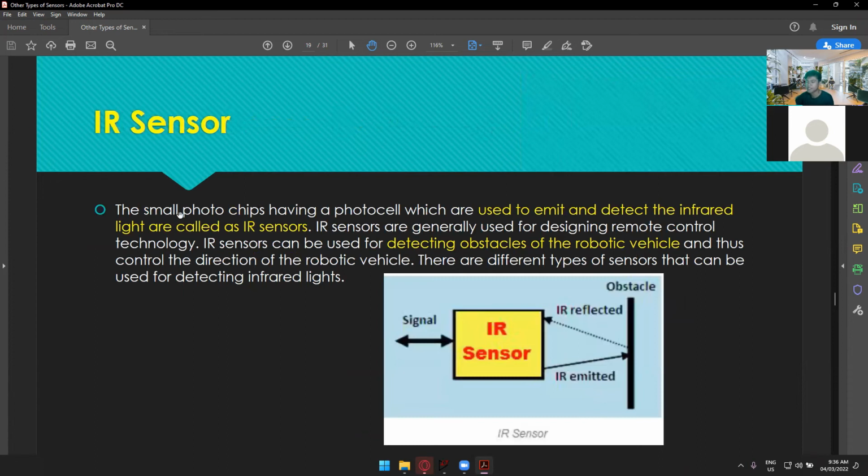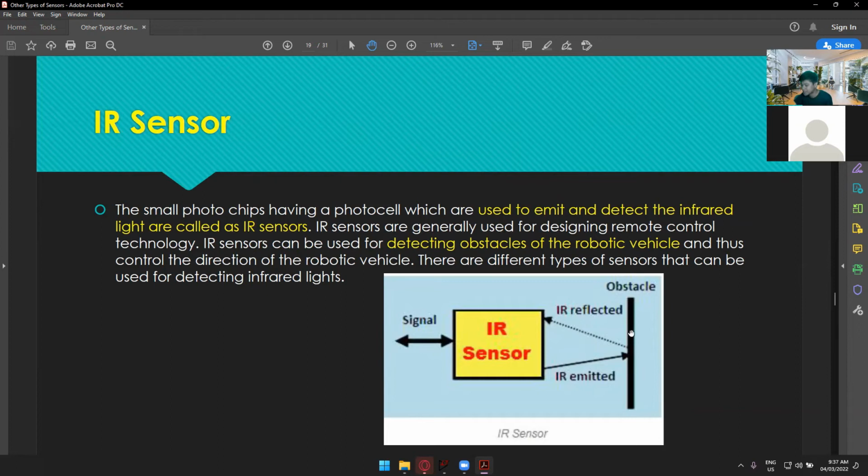Anyway, let's move on now to the next one, which is the IR sensor. If we have radiation, if we have light, this one is, if I'm not mistaken, infrared. This one is used to emit and detect infrared, from the word IR. I guess this one is very straightforward. IR stands for infrared. This one can also detect objects through the IR, or infrared, emitted, and